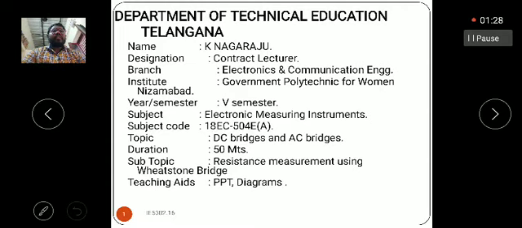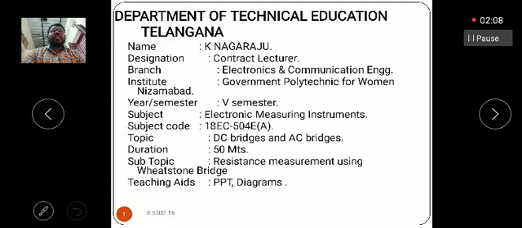With the help of bridge circuits, we classify them as AC bridges and DC bridges. In the AC bridges, we apply the energy source in the form of AC, alternating current. In the DC bridges, the current is direct current. Based on that, we classify the bridges into two types, AC bridges and DC bridges. In the DC bridges, for balancing the bridge, we use a detector circuit, a null detector, a galvanometer.